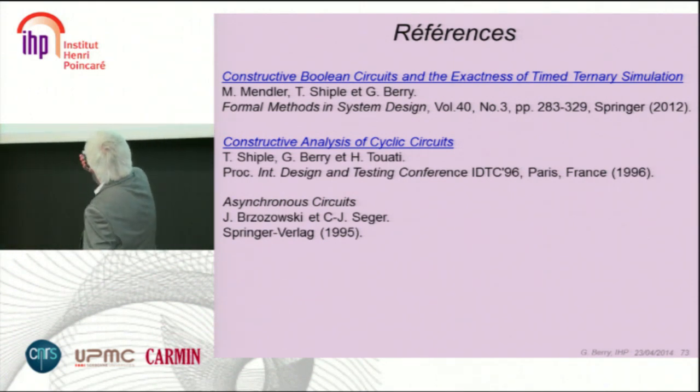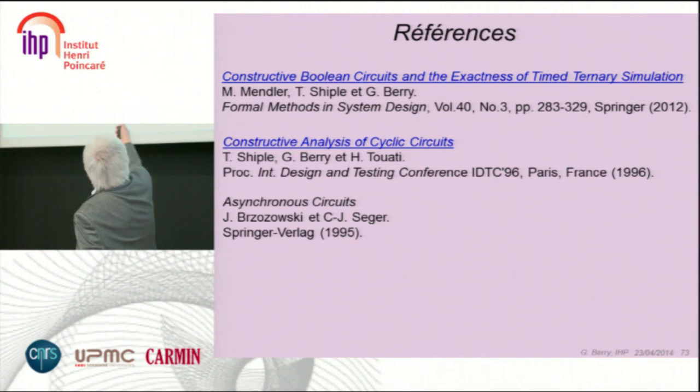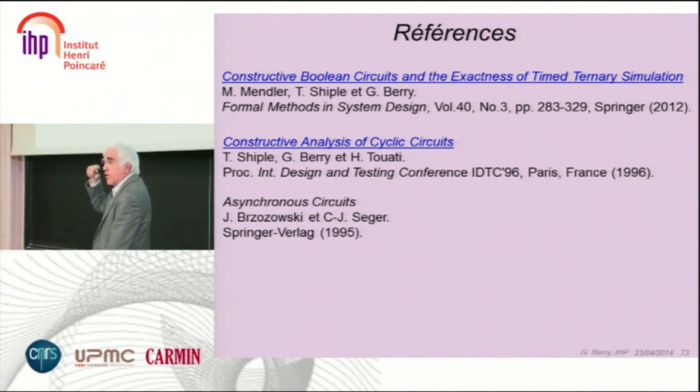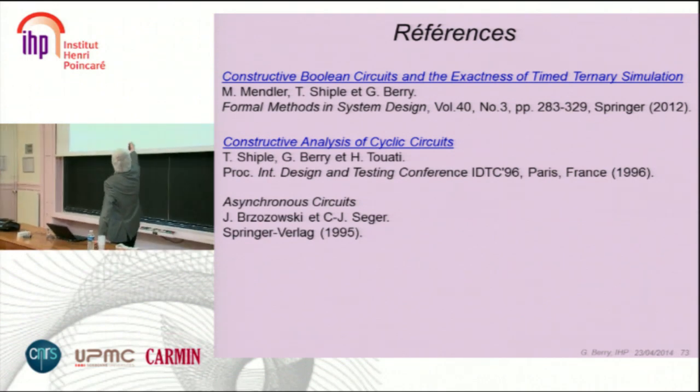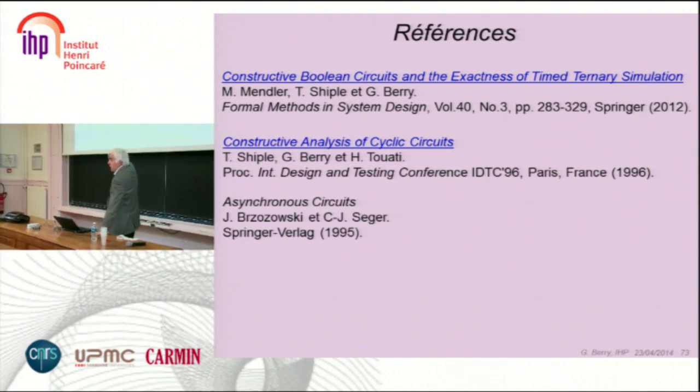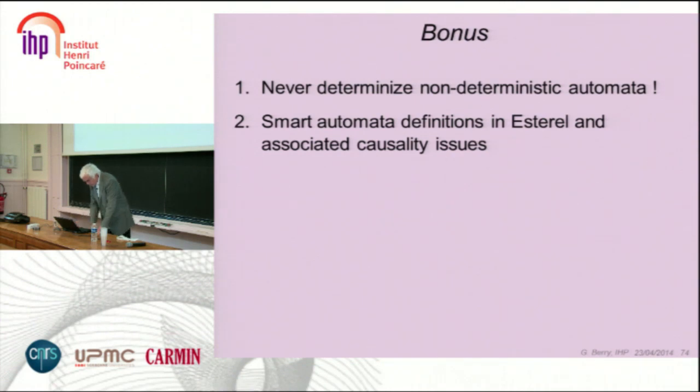I put some references here. The two papers. This is the initial version. This is the final version. And I must say that the circuit part is mine, but the logic proof is really by Michael Mendler, and that has to be very clear. And I try to follow. And this is the previous version. And this is a book, if you want to know more about what's going on in transient. It's an interesting book by Brzozowski, who did a fabulous algorithm on automata.